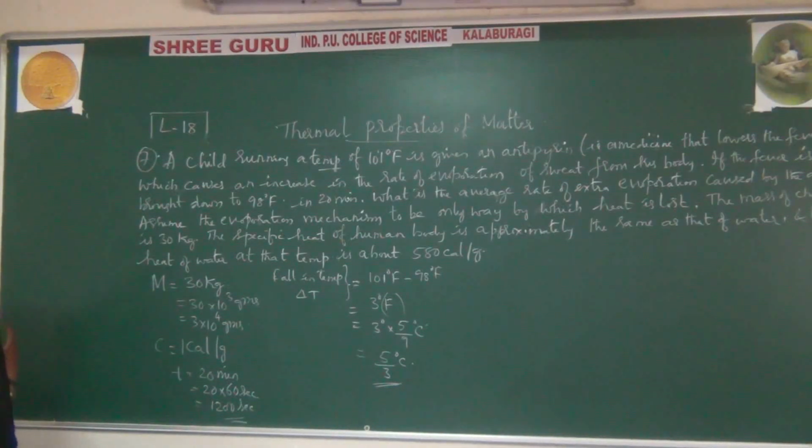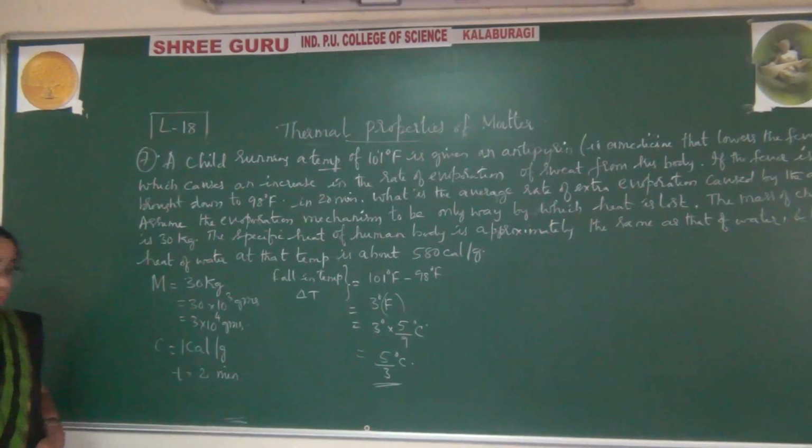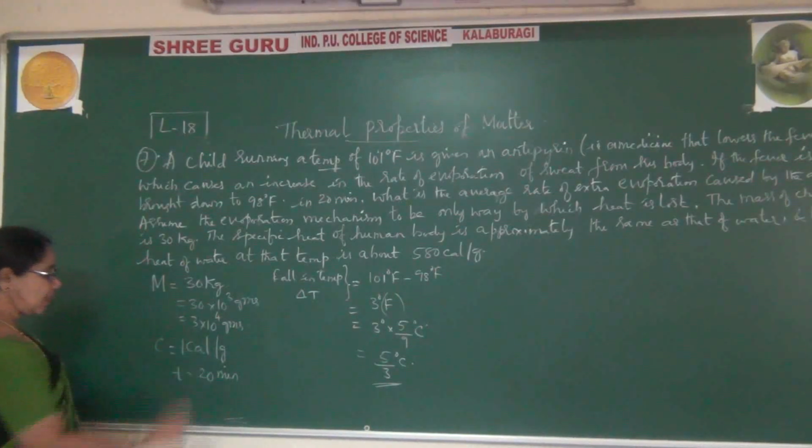If you are having this per minute itself, you can also calculate per minute. You can keep it as it is. Suppose you keep 20 minutes, there is no problem, because with 1200 seconds you will get a very big number. To avoid this, I can keep it as it is. So let me keep it as it is.